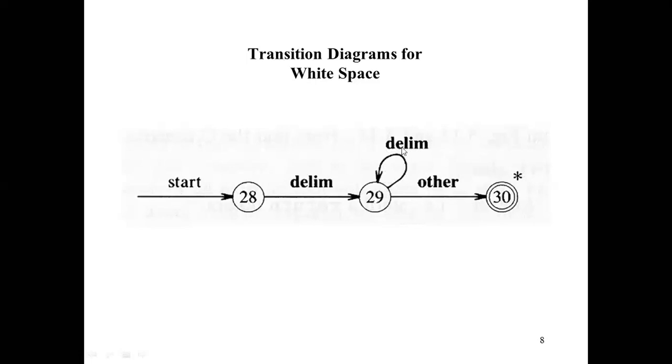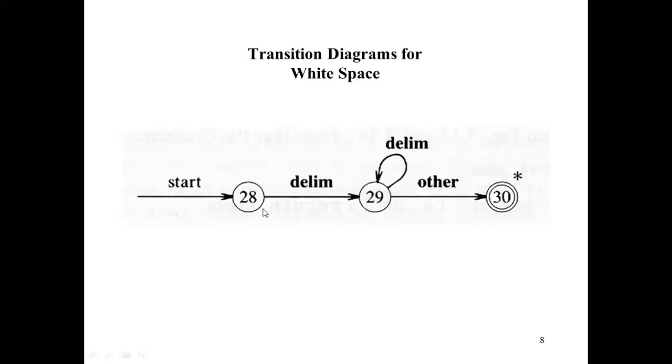Again and again we will check and send the next token to the next state, till the end of the string. Then it will move to other, and here retraction takes place. This is called the final state, till the end of the white space. So we will move in this fashion.